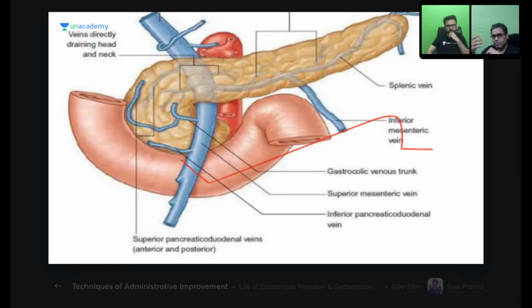But you also see this inferior mesenteric vein. If you can see the inferior mesenteric vein, that is written on the right side below the splenic vein. Now it's a vein of which part of the gut? That was what I asked you last time. Inferior mesenteric vein is a vein of which gut? It is a vein of the hindgut. That is a simple question, I guess. It's a vein of our hindgut. Yes, so it is.